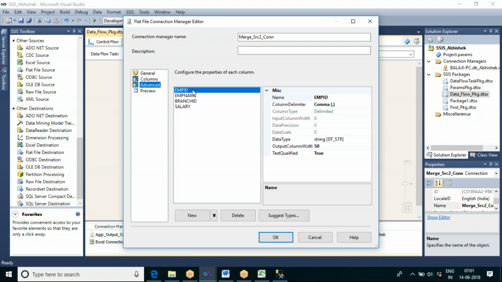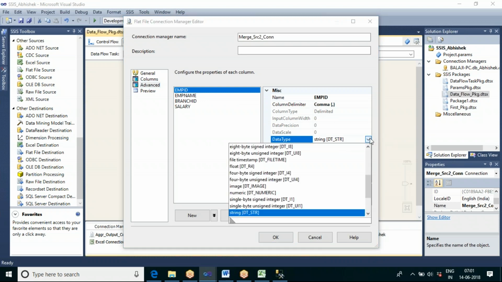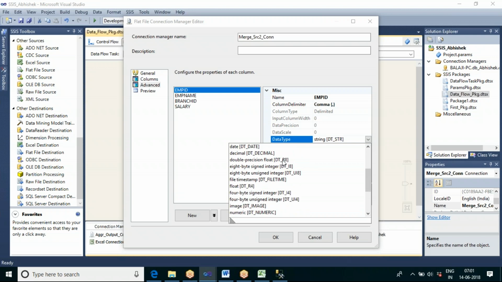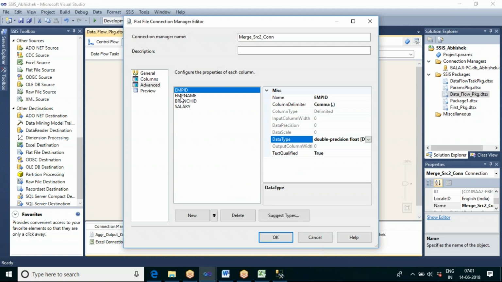Here employee ID is there, and you can see the data type is string, DT_STR. If you want to change the data type inside the connection itself, we can change it. From the Excel file it is coming as DT_R8, so I can make the data type change here itself.